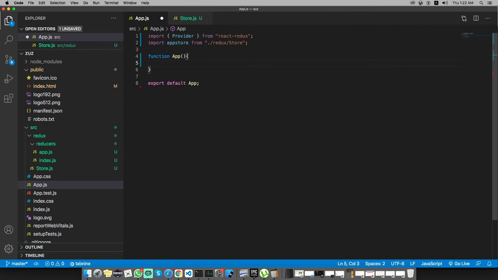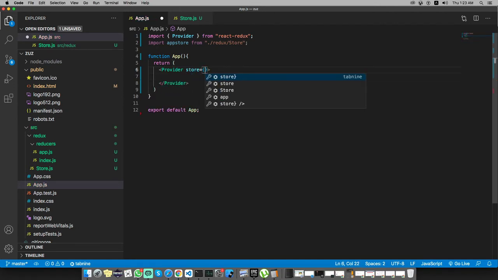Well, you are wondering why I have removed that function app, and again I have typed the app because it is just for a self-satisfaction that I have typed each and everything with my own bare hands. Let's return provider, oh sorry, and for provider it needs a store. Let's pass the app store,